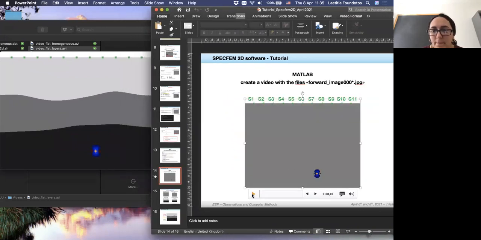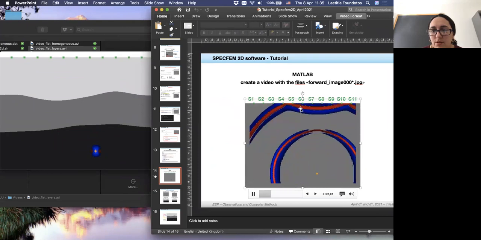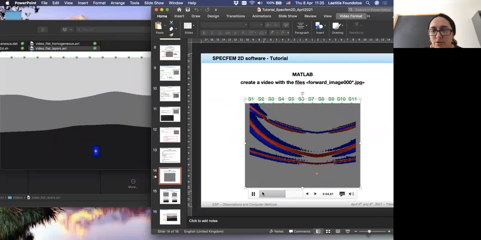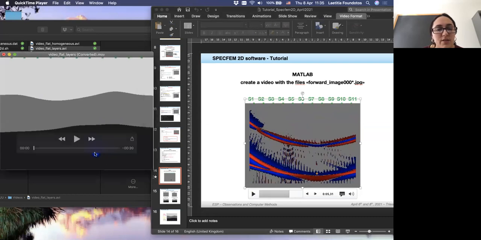On that example, this is really simple. You can see only some refraction at the surface. But here you can see waves do not just reach the surface, but at each interface, waves behave differently, and it really complexifies the shape of the seismogram. Now, when you see that in action in the video, you can imagine how complex the seismogram at the surface will be compared to this case.